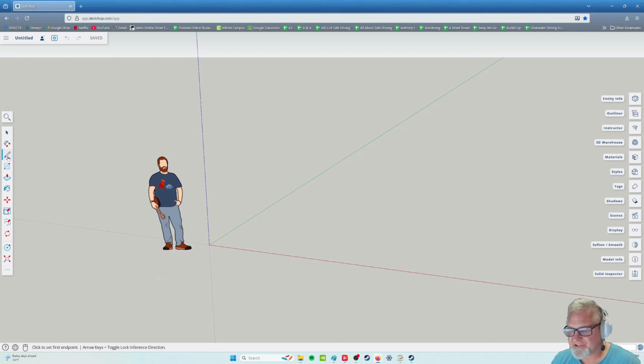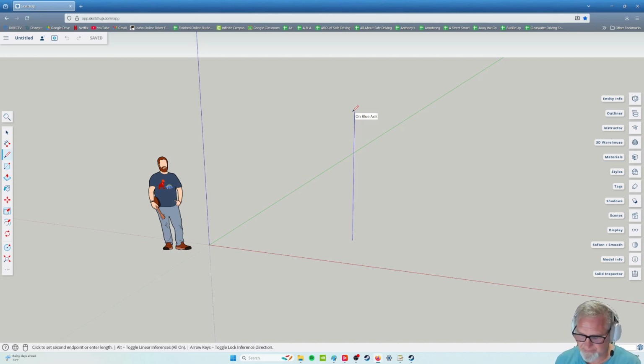Let's start with a pencil line. So if you grab the pencil or the line tool and just click somewhere not on the blue line. It's a little hard to see if you're on the blue line, so we'll just do it out here somewhere. Click once and let go, and then pull up, make sure it's blue and let go. Again, you click, drag up, let go, and then you're going to type in